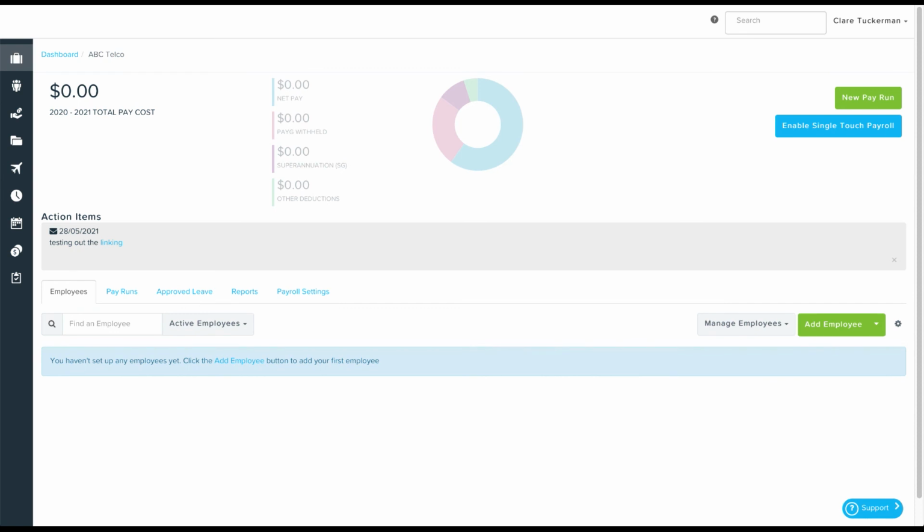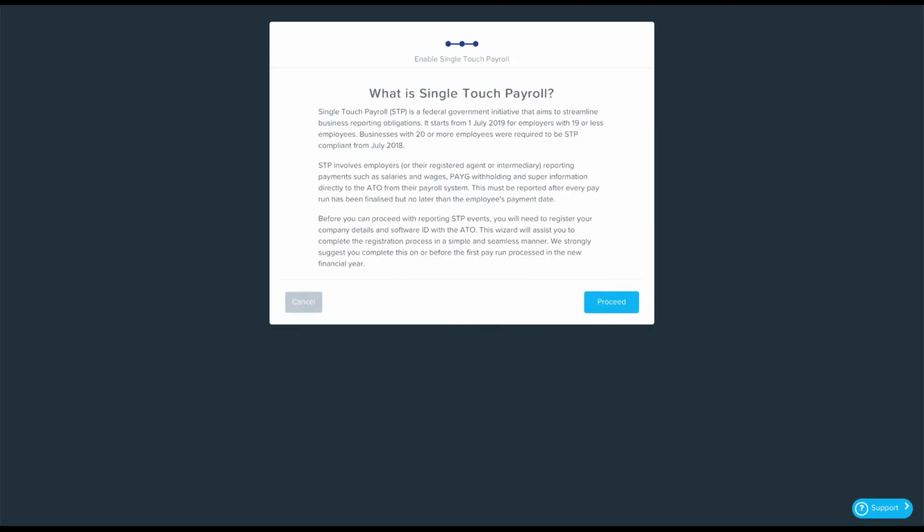Although you might have enabled electronic lodgement from the ATO settings Electronic Lodgement and STP tab, the only option to launch the STP registration wizard is from the dashboard. So, we'll start the STP registration wizard now. The first page here has a short introduction on what STP is all about. When you've read that, you can click on the Proceed option,